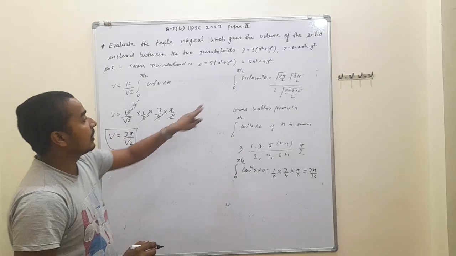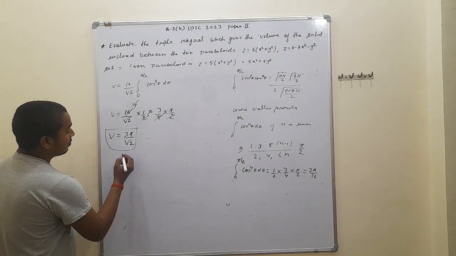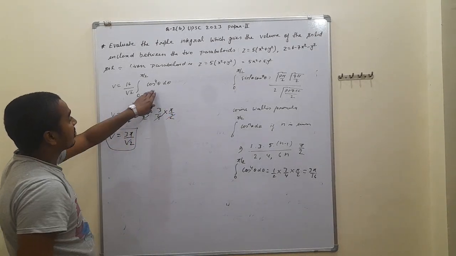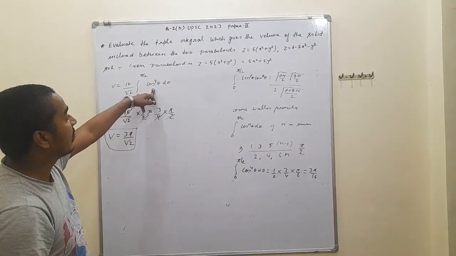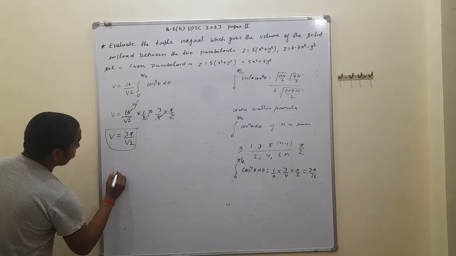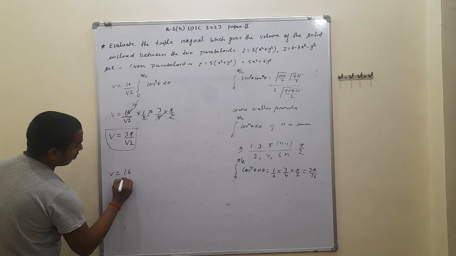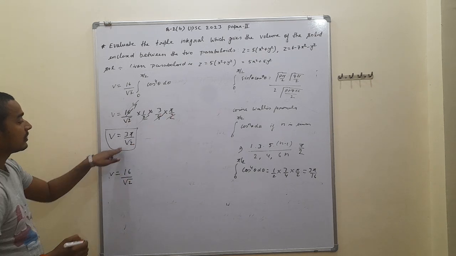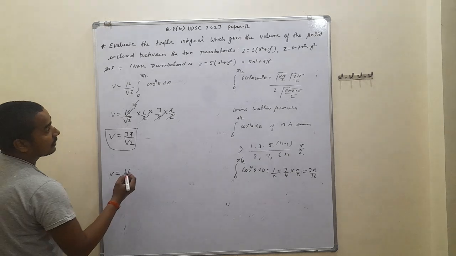Here theta goes from 0 to pi by 2. The function of sine is 0, then we put, volume is equal to 16 upon root 2. Using the beta gamma function formula, we can also find the same answer, that is